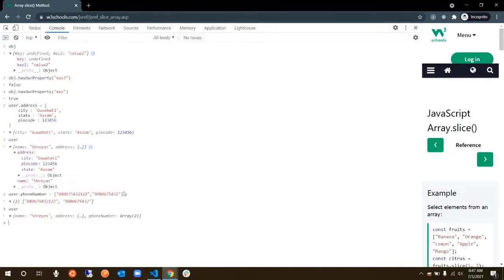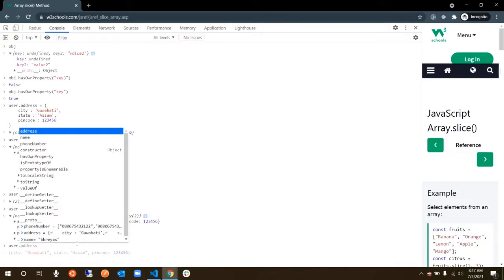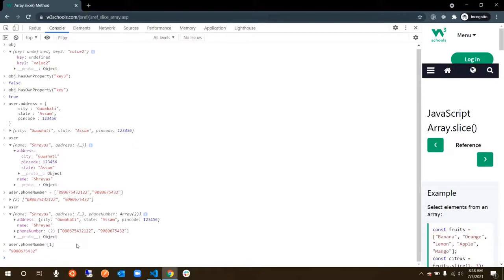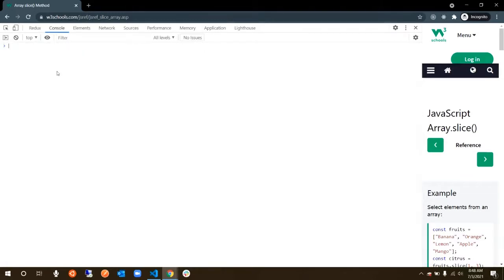Now if you go and look at the user object, it looks something like this. Address is an object while phone number is like this. So if you want to access the second phone number, which is your mobile number, how do you access it? User dot phone number, and then array index one. That's all. So it totally depends on whether it's a nested object or whether it is an array inside the object. The accessing still remains the same, based on your data type. That's all we wanted to check in this. So that's about your objects.